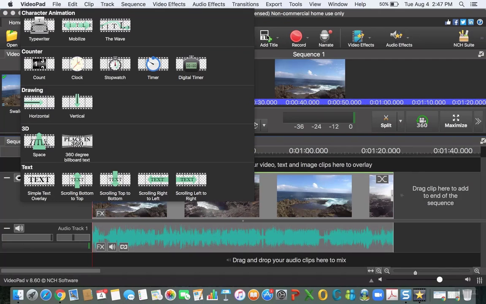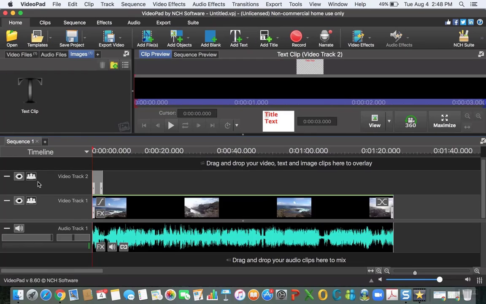And we can see that there are many different types of titles. We have the animated titles, we have the counter at the beginning. It's like when you're watching a film and you have a countdown. You can also have a title that draws over the video horizontally and vertically. You have 3D titles, just like in Star Wars, you have the space title and a 360-degree title, and at the bottom you have the simple text. So I just want to lay over a simple text, so I click on that